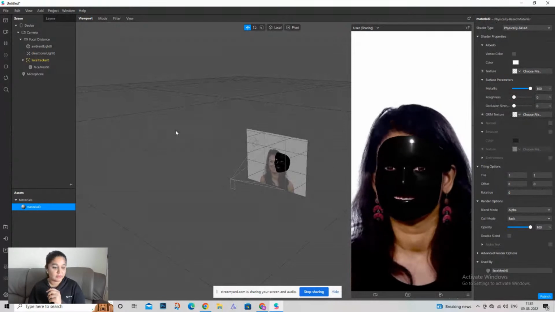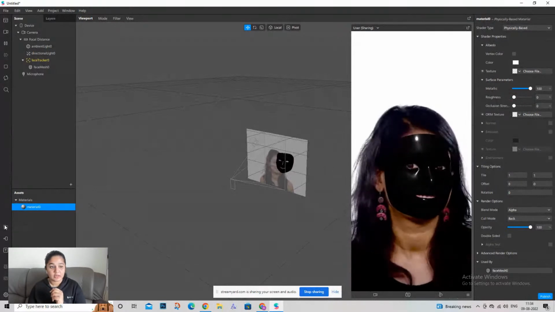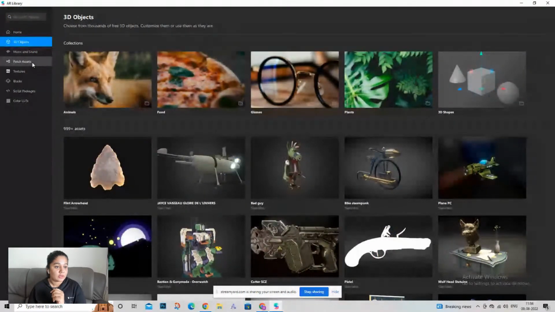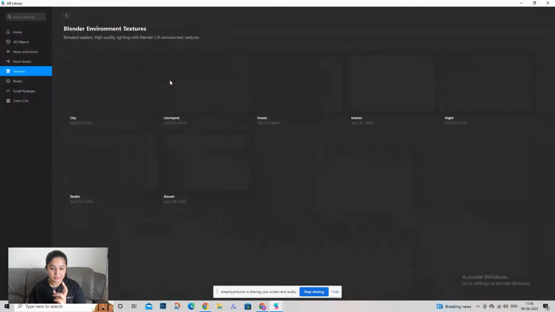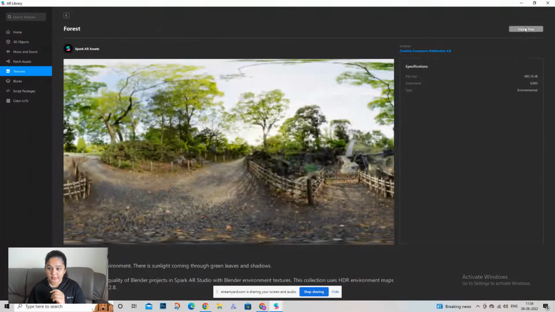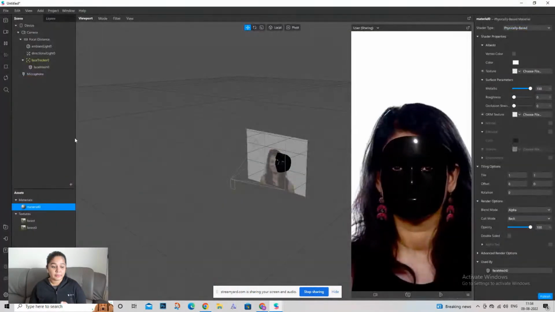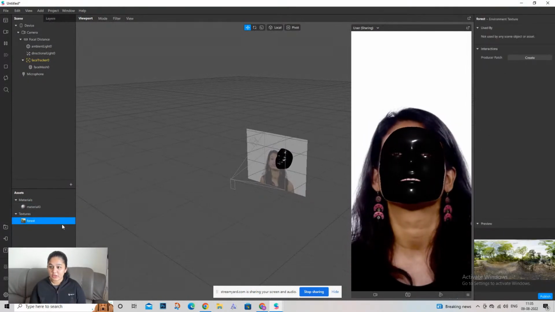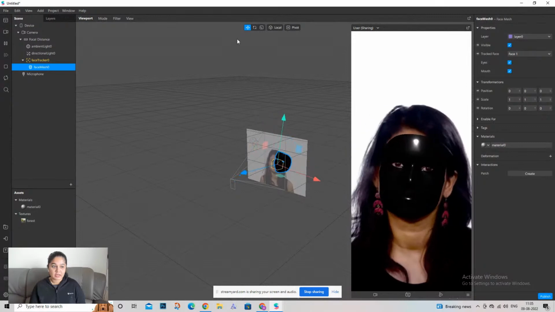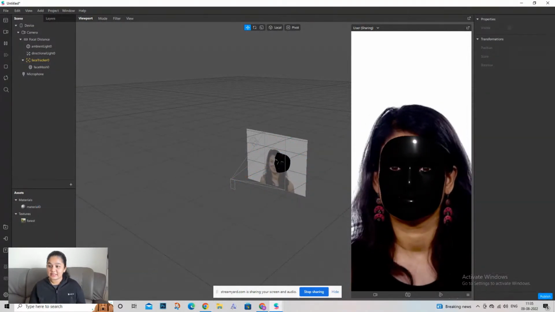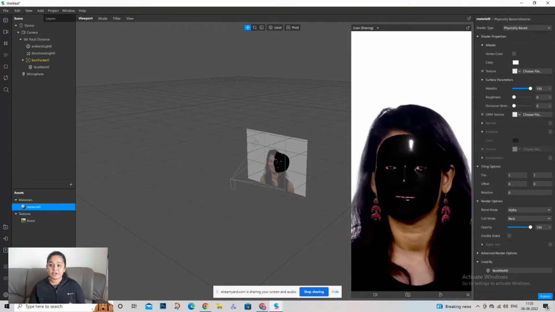What you can do is you can maybe go and get an environment texture over here. This is just for an example. I'm going to import this texture to my project. It is visible over here in the assets panel only. So I'm just going to show you how this texture affects when you use a physically